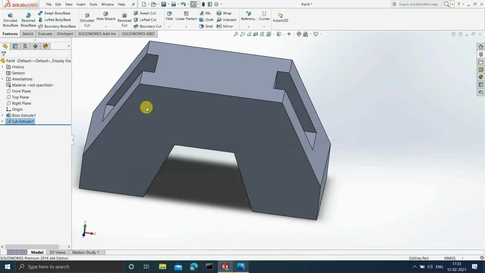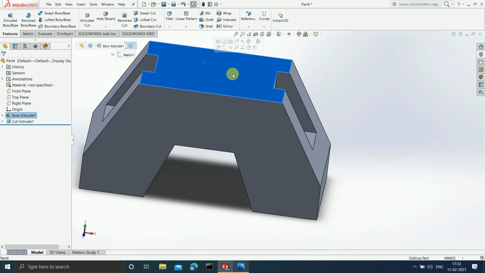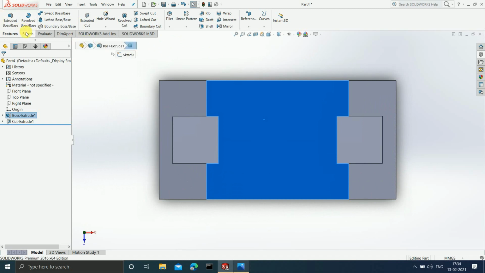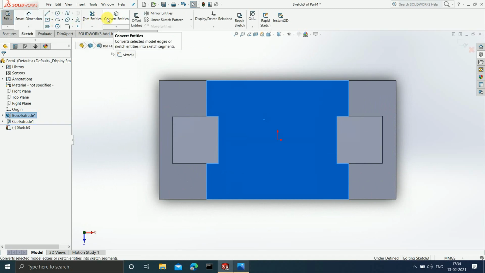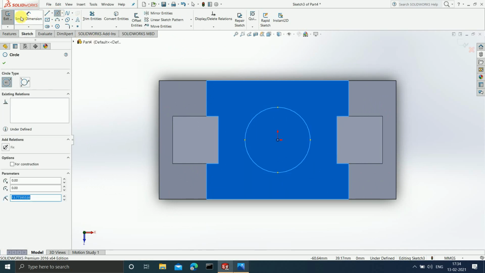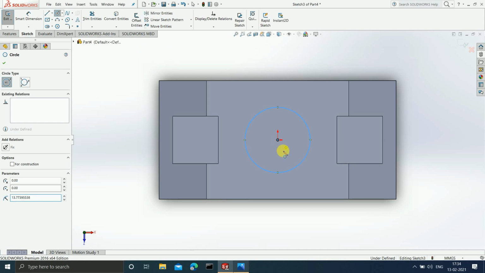Okay, first let me select this plane, and on this plane I want to extrude the sketch, so I have to draw the sketch on this plane only. So first press Ctrl 8, and now I will click on sketch. Now I will draw a circle. Okay, now there is an outer circle present.